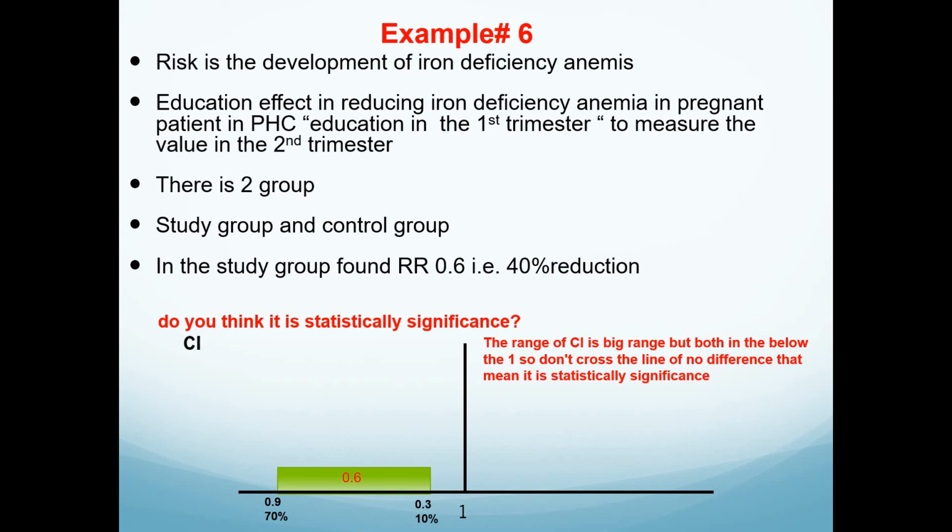And when we are talking about the relative risk, we are talking about a ratio. So when we are talking about a ratio, the line of no difference is 1. In this study, the value is statistically significant by the p-value, and by the confidence interval, it doesn't cross the line of no difference. That means that our intervention, which is the educational material, was effective enough in this study to be statistically significant.